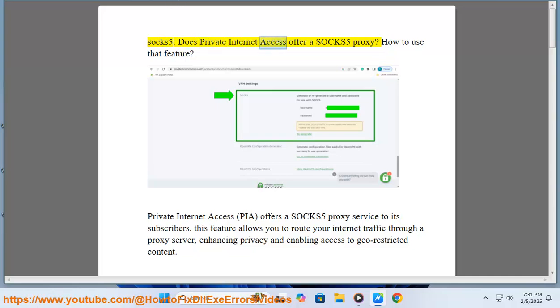SOCKS5: does Private Internet Access offer a SOCKS5 proxy? How to use that feature? Private Internet Access, PIA, offers a SOCKS5 proxy service to its subscribers. This feature allows you to route your internet traffic through a proxy server, enhancing privacy and enabling access to geo-restricted